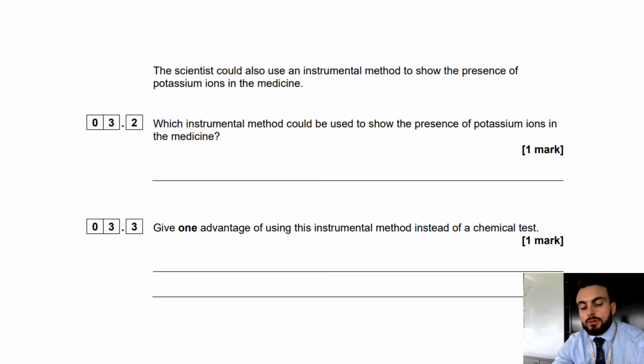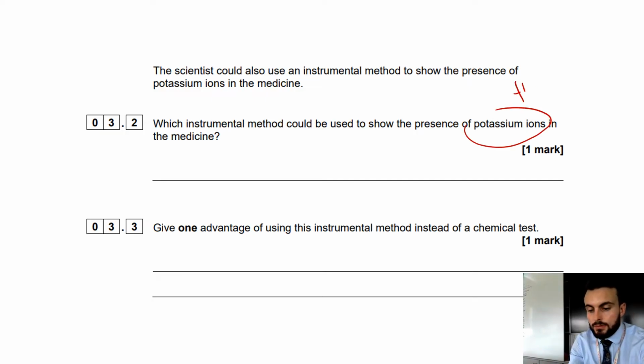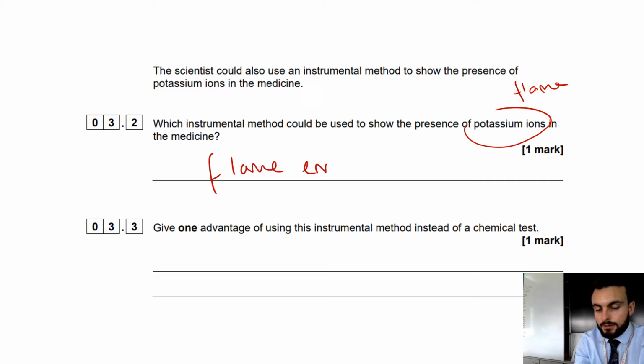Scientists could also use an instrumental method to show the presence of potassium ions in the medicine. Which instrumental method could be used to show the presence of these ions? So this is one of those you've got to think about. If you think about when you're testing for metal ions, usually you're thinking about flame test. The actual instrumental method is called flame emission spectroscopy,